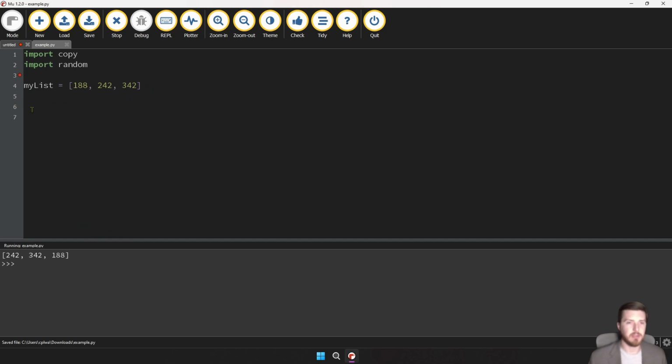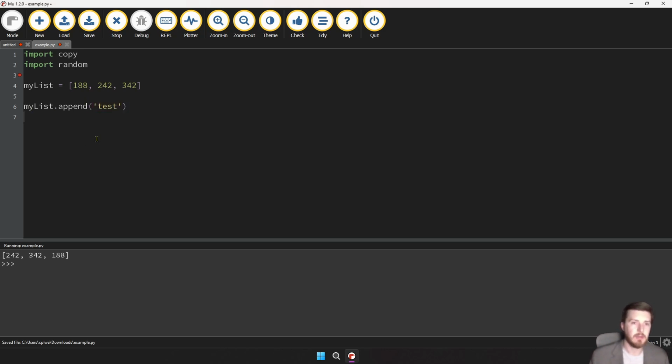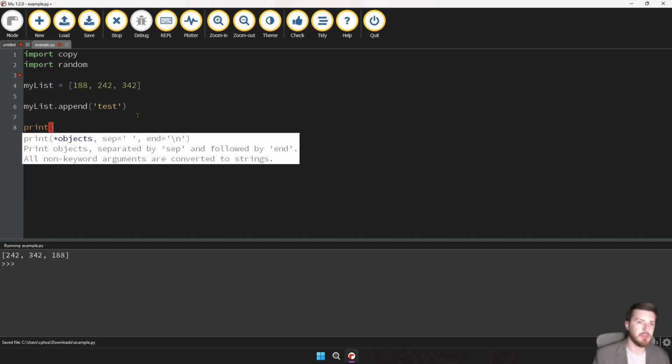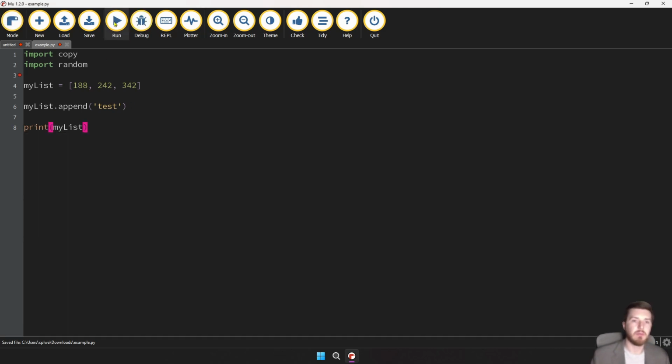We've been using insert to add an item. And when you want to add an item to the end of a list, all you use is append. So we say mylist.append, and we can add whatever value we want. You know, if we wanted to add a string like test, and just print out my list as usual so we can see what it looks like. And when we run that,